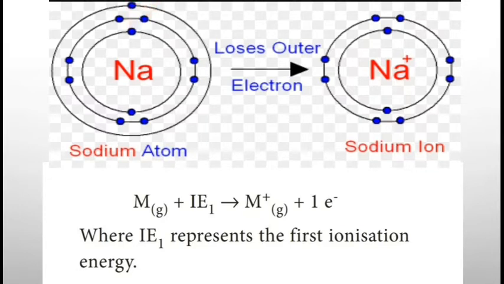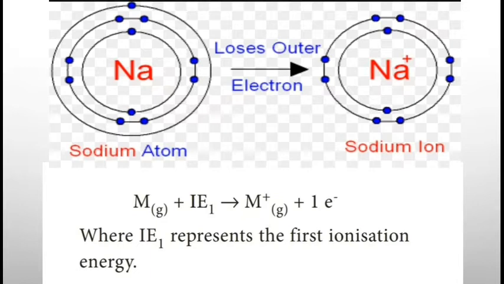So it becomes a cation. Why? Because it has 1 electron fewer than the number of protons. In the atomic state, it has an equal number of protons and electrons, isn't it? 11 protons and 11 electrons. But in the ionic state, it loses an electron, so the protons remain the same, that is 11, but the electrons are 1 fewer than the atom, that is, it has only 10 electrons. So we have 1 electron fewer than the neutral atom, so it has a positive charge, that is, a cation.